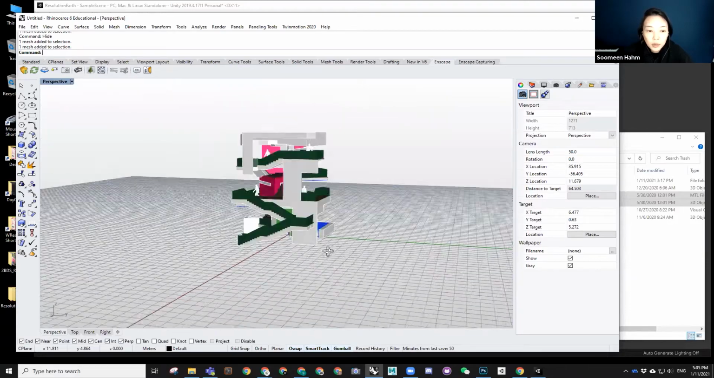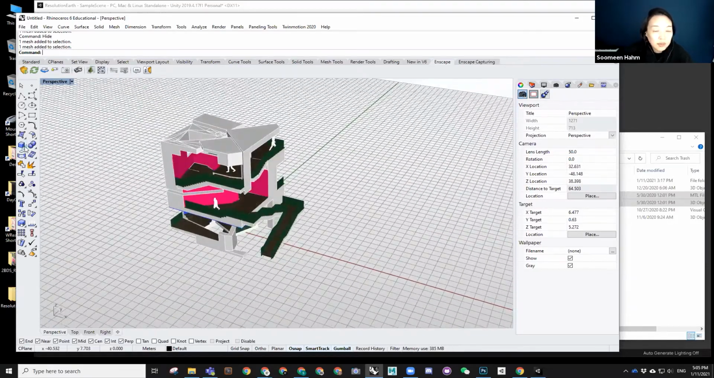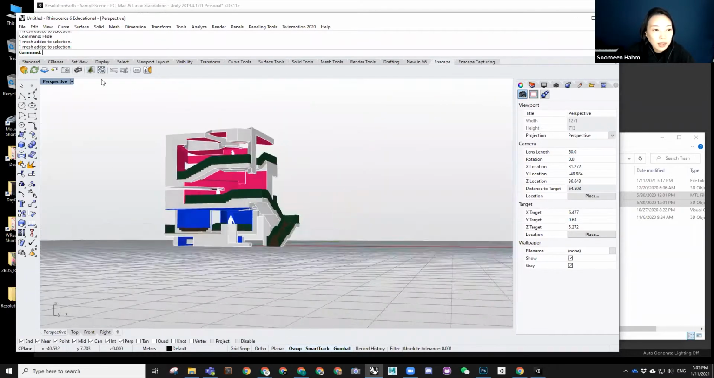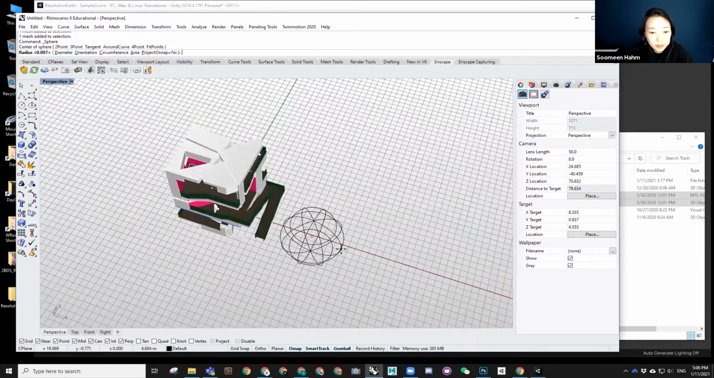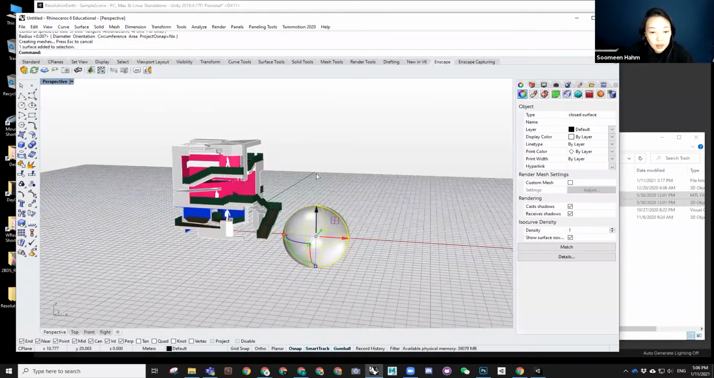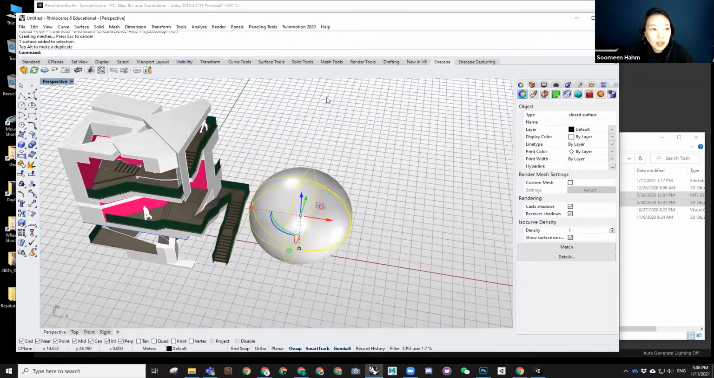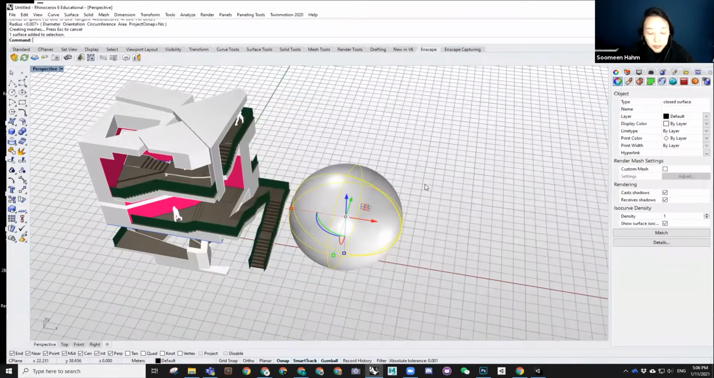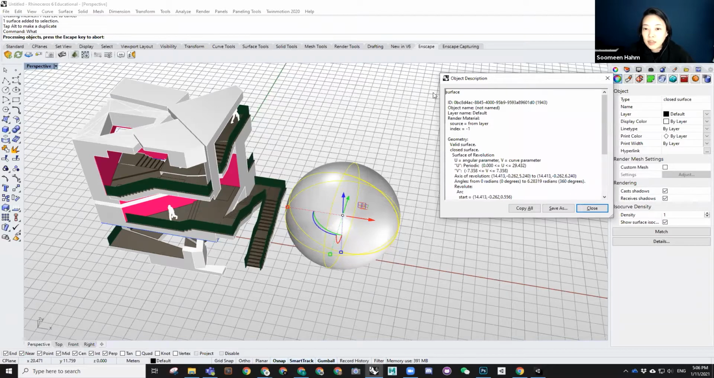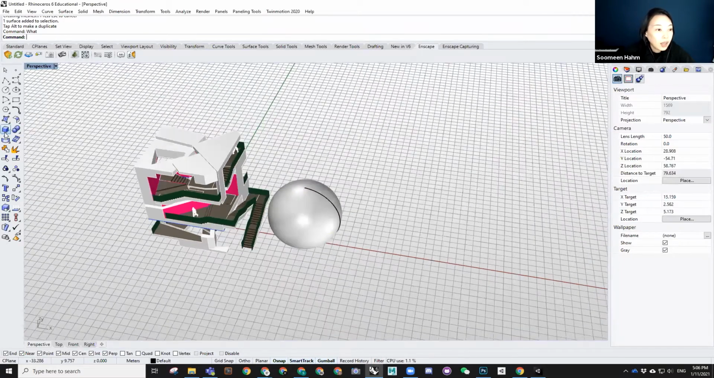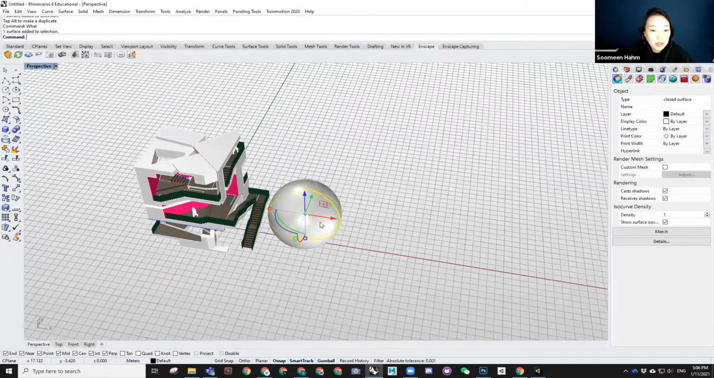So in Rhino, we have been using NURBS modeling. Let's say we want to create a sphere, for example. So this sphere, if you type what, it's telling you that it's a surface. And if you convert this,